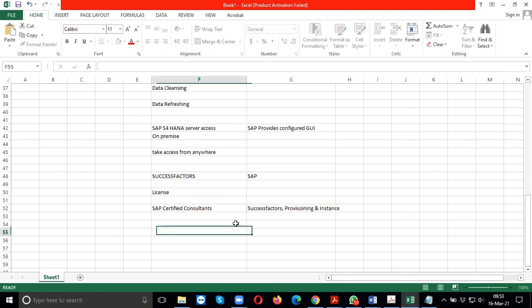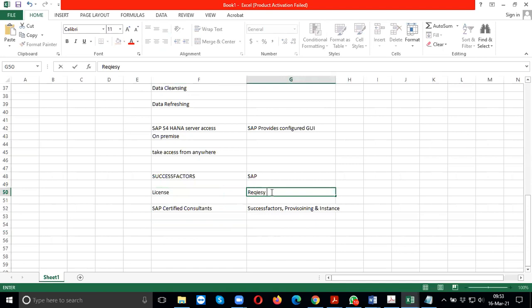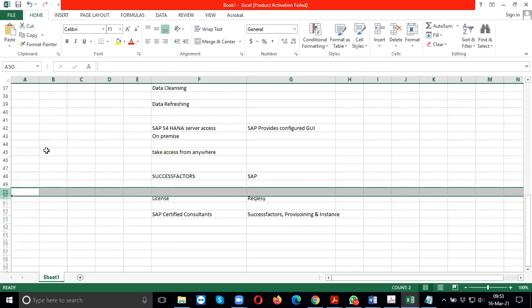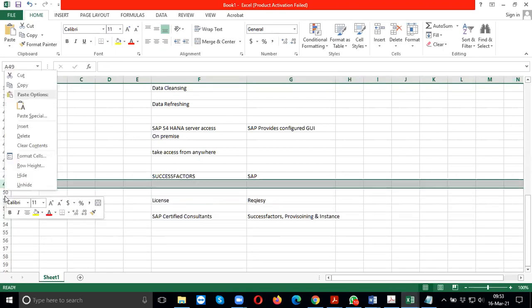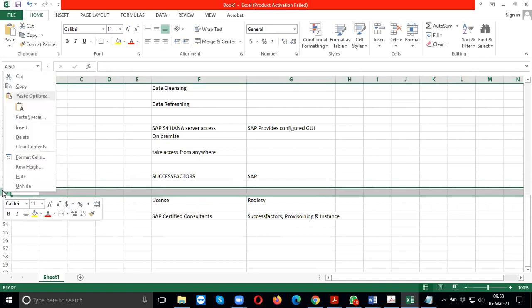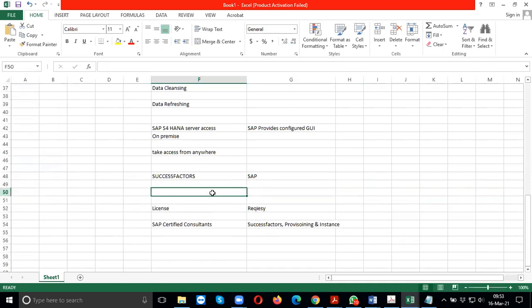You cannot get it directly. The company that has the license will also request it from SAP. Before getting the SuccessFactors license, they will request a demo, or they will request access to look at the system.